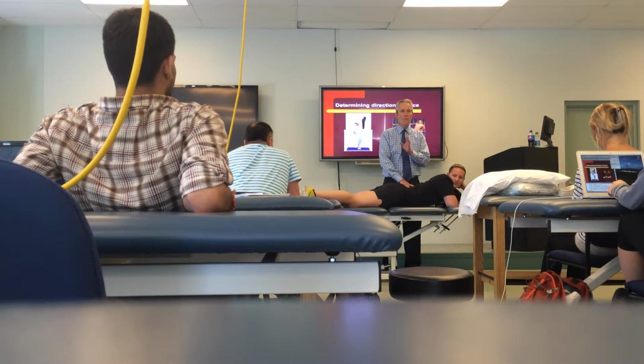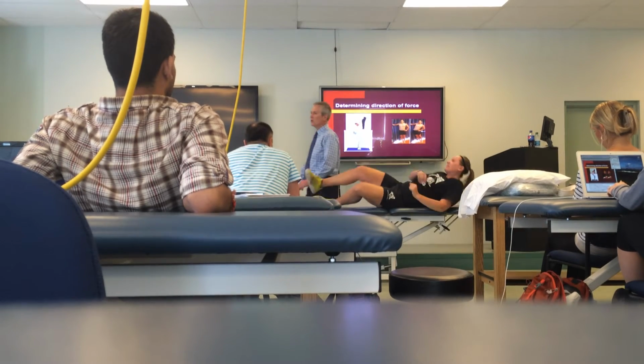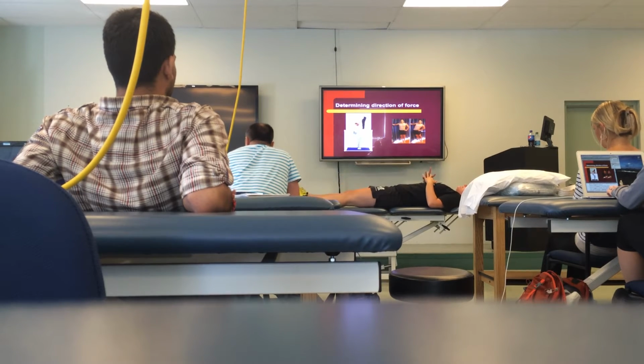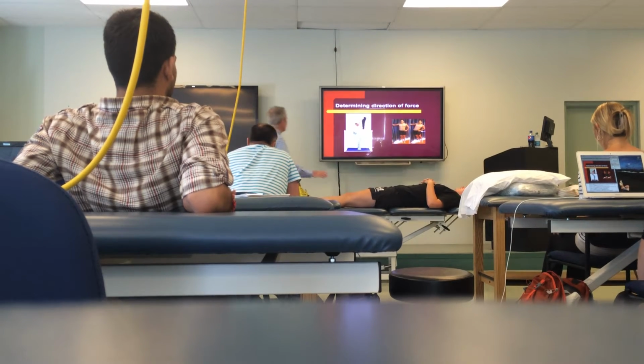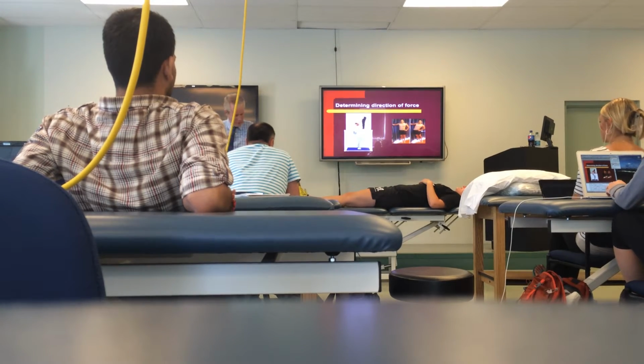I've got one more trick up my sleeve before I start mobilizing her, and that's to ask Erin to come over onto her back. Again, Erin has back and right-sided pain, and in extension we were able to get her over here. But if I flex her, I'll be able to get really far laterally where I can compress it. So I'm going to be on Erin's right side because I want her to come this way. Hang on a second, Erin. I just got to get my...